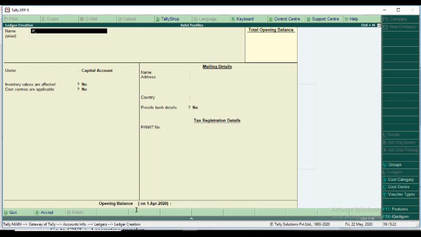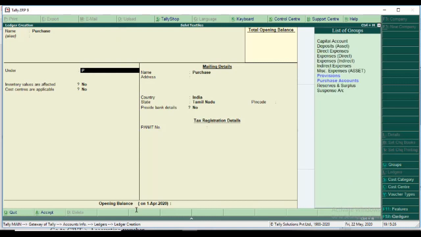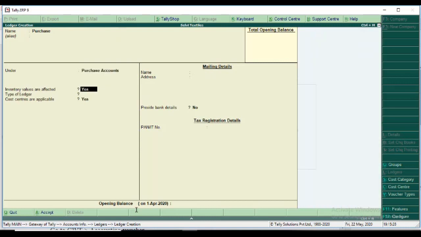The name is purchase, under group purchase account. Inventory values are affected, you must fill it. Cost centers are applicable. If any expense or income involves the cost center, you enable this option, which is compulsory. Cost centers are applicable, yes.